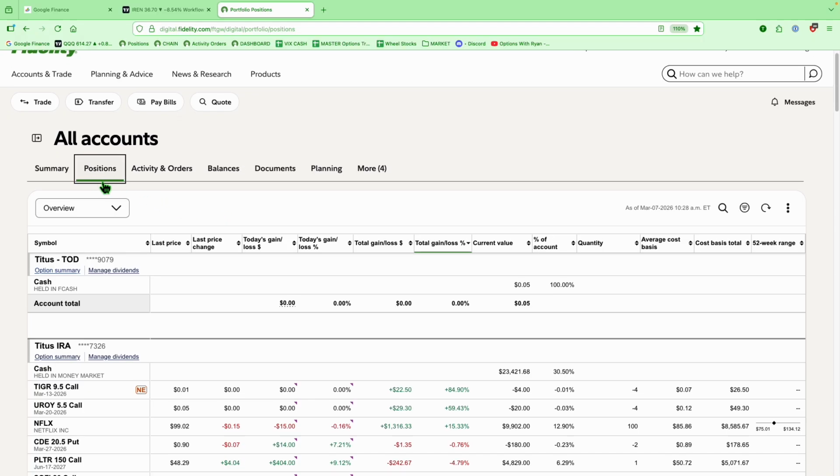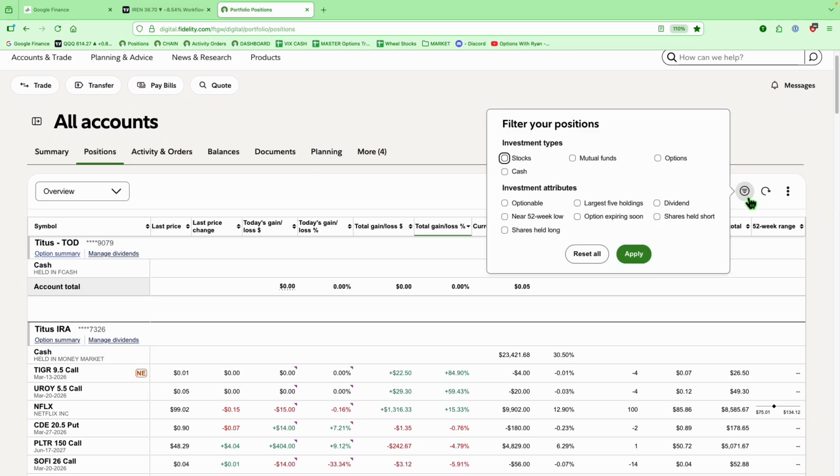So in the positions page, this button is a filter button, and this comes in handy because you can filter by stocks and also by options. It also lets you do mutual funds and cash, but I really don't use those. Let's go ahead and choose options. And right now I have a combination of stocks and options. So here's a Netflix stock that I own, and then here's some options that have the call or put next to it. But if I apply this filter,